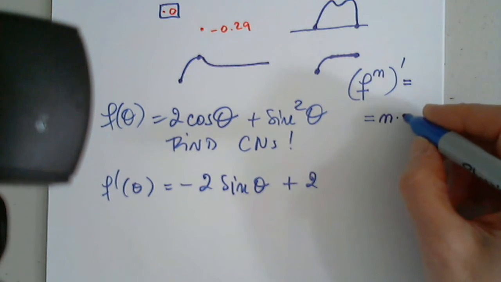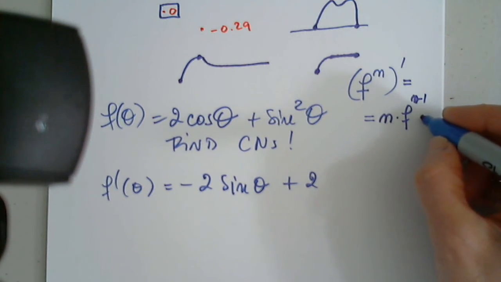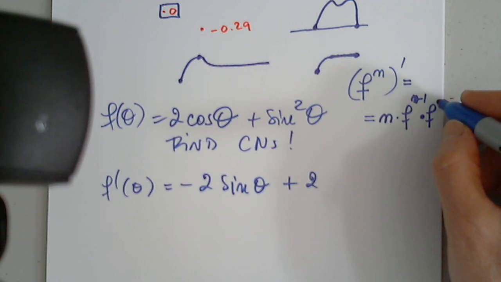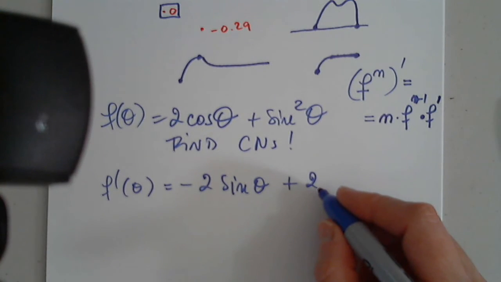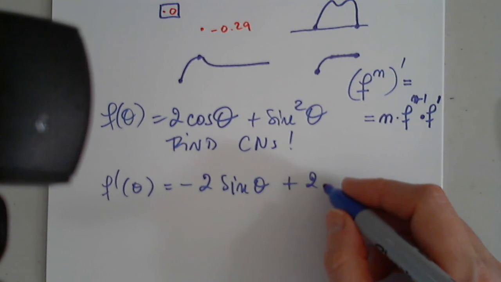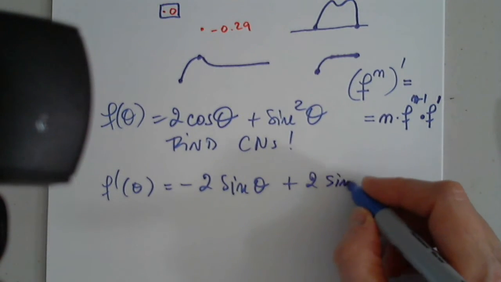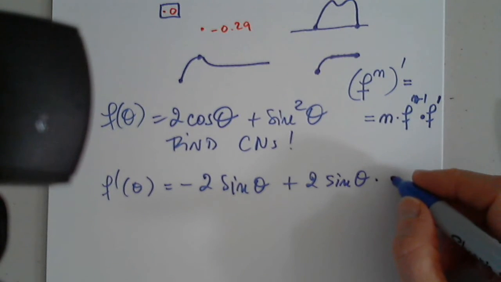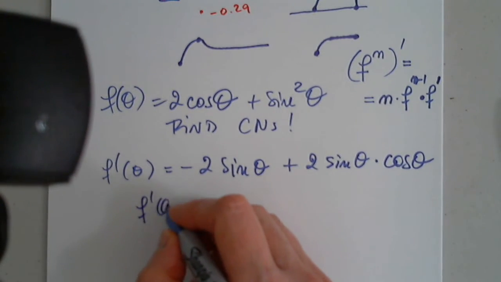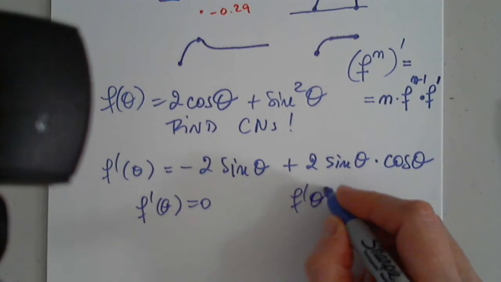It's n f to the n minus 1, times f. Good. No, times f to the n. So 2 cosine, sine theta? Yes, times cosine theta. Very good. So then we have f prime of theta is 0, because f prime of theta being